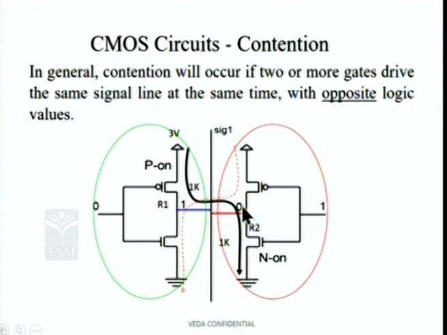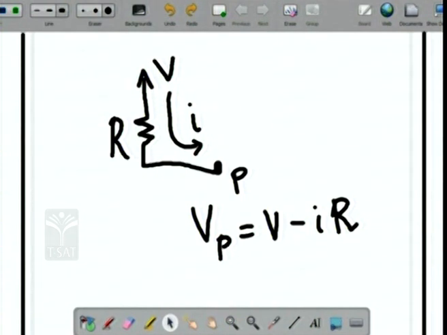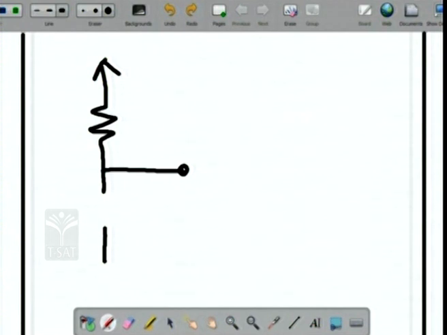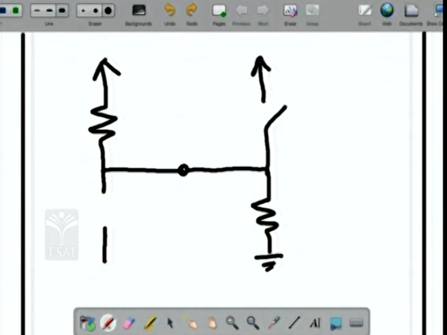Let me show you this. I will erase whatever I have written here and I will show you. Now, I have an NMOS device over here whose internal resistance is like this. The PMOS device is off, then this is driving a signal over here, and the other is being driven by another NMOS resistance, and this device is off over here. This device is off. Similarly this device is off. Now this is your PMOS device and this is your NMOS device. Therefore, this is driving a logic 1. This was driving a logic 1 and this was driving a logic 0.